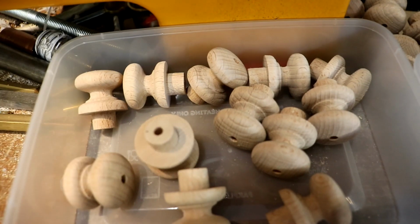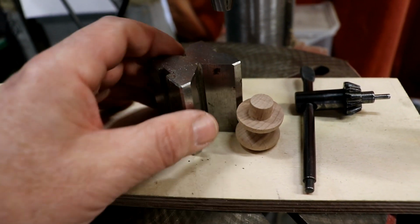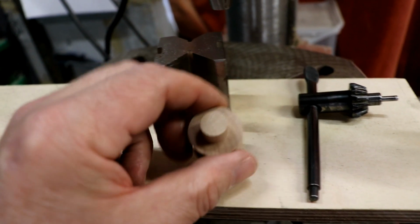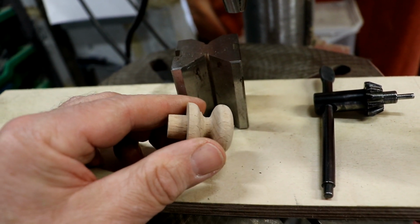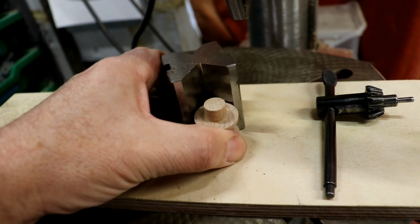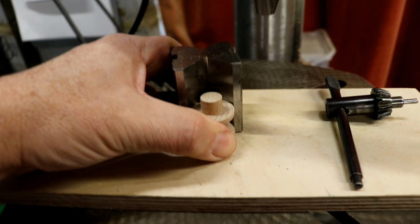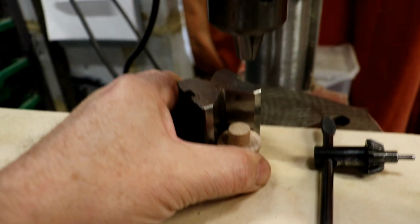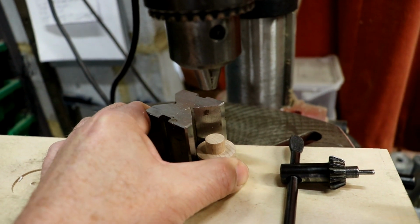So I've come up with plan B. Here's plan B. Another use for the V-blocks. I haven't set it up yet, but the idea is, because these two turned sides are the same diameter, if I clamp that in there, I know that that's going to be horizontal, vertical and everything else. So if I then get all this clamped down, 4.1 millimeter drill bit in the pillar drill,